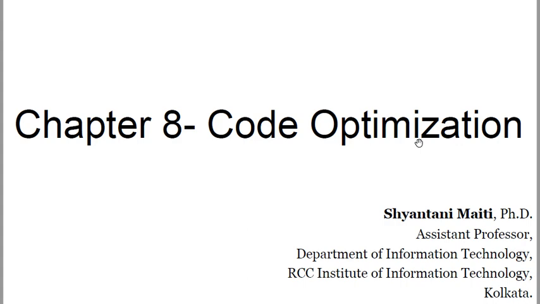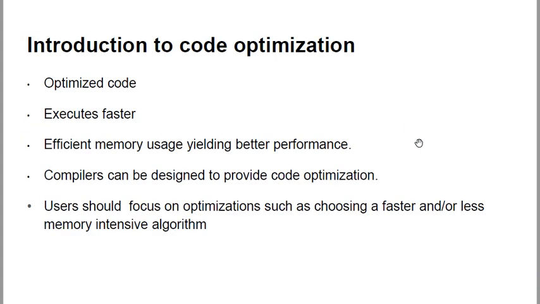The three-address code used in the previous lecture, and how it is obtained from a particular expression, is information that will always be required in this chapter because it deals with optimizing a particular code. So what is meant by code optimization? In order to create an efficient target language program, a programmer needs to optimize the code. In that case, an optimizing compiler is the first requirement. Code optimization produces an optimized code, and thus the execution also occurs faster. This leads to efficient memory usage, which yields better performance.